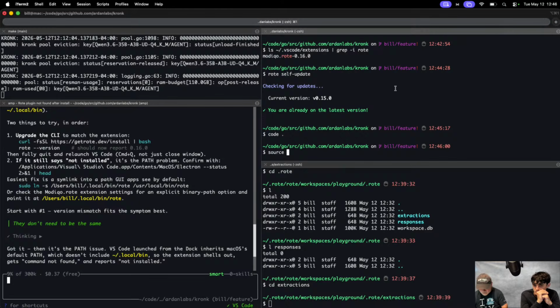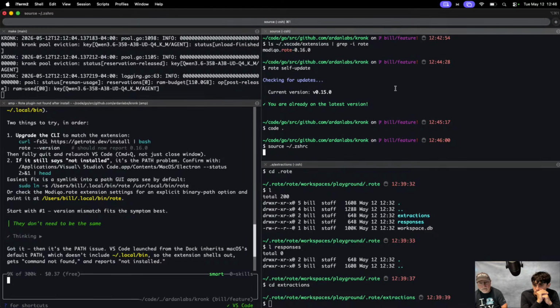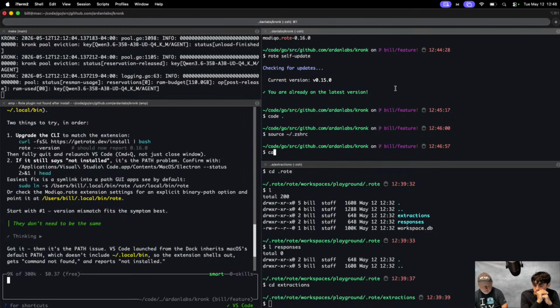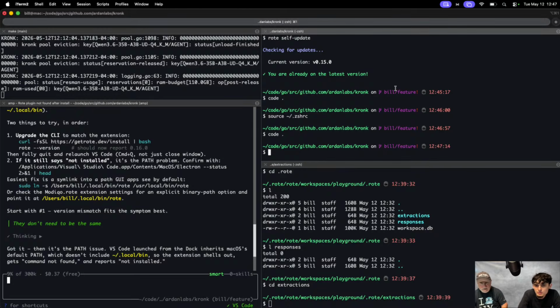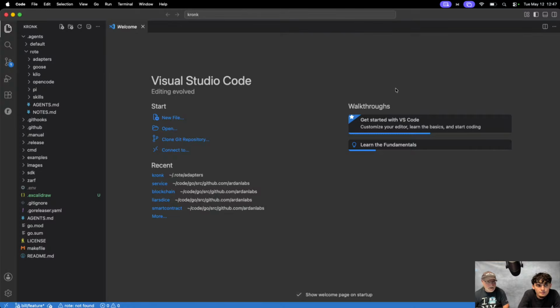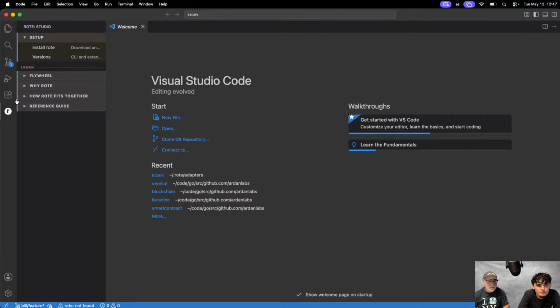Let me source. Right? Because if I cat, I bet you because I didn't source it. So then maybe doing like code, yeah, there. Now I'm worried about what I see.